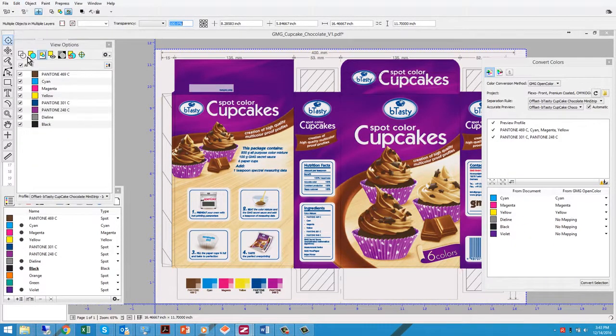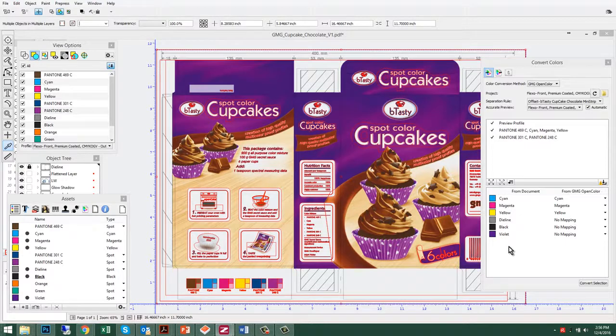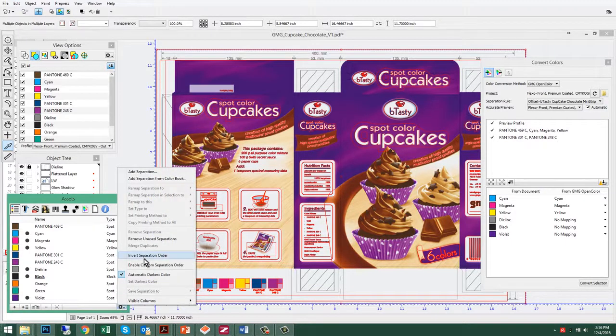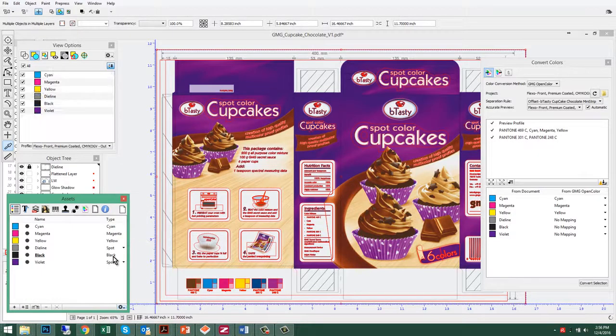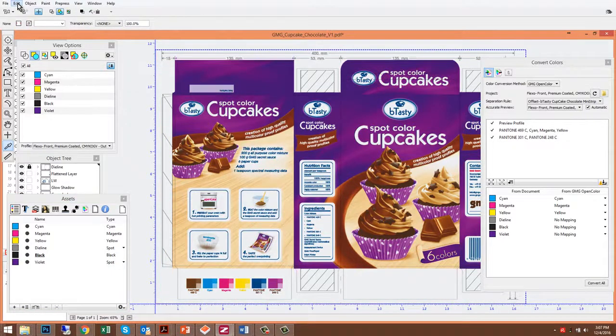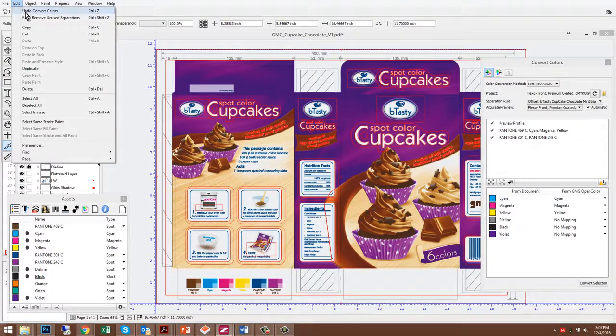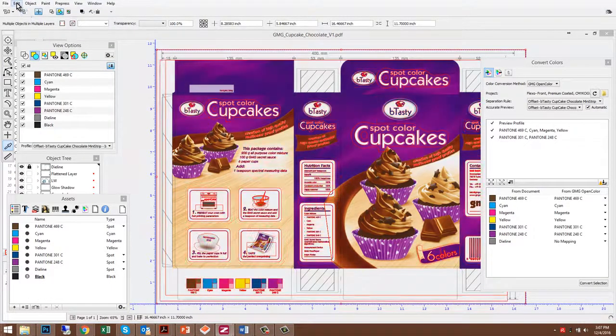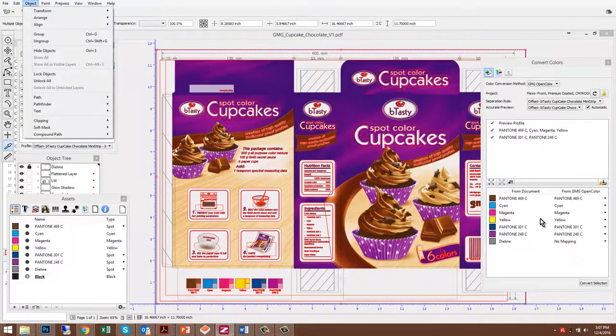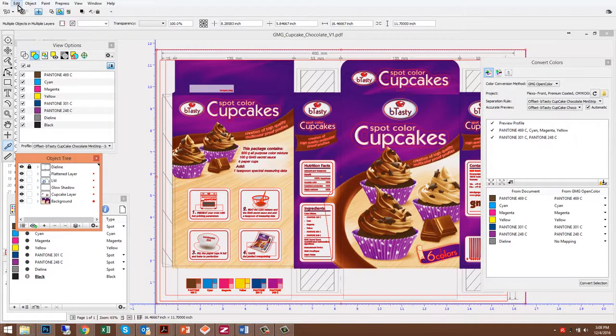Additionally, you may have noticed there's no need for orange or green in this job. Therefore, we can just go into our Assets window inside PACKZ and remove unused separations. So we just turned this job from a 6-color job into a 5-color job. One of the great things about PACKZ is the ability to convert on an object level basis. In this case, we'll bring it back to its original state as CMY plus 3 Pantones, and I'll select just